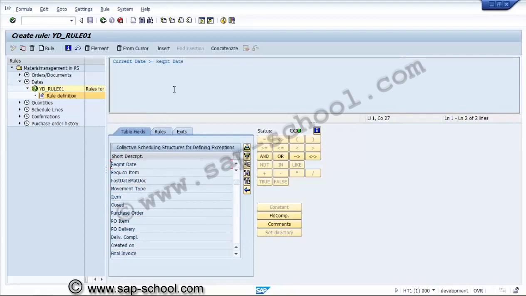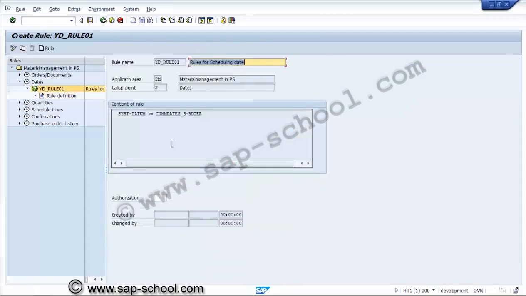So what does it mean? Requirement date cannot be in the past. That is the rule we are trying to create. So this is one rule we are keeping.